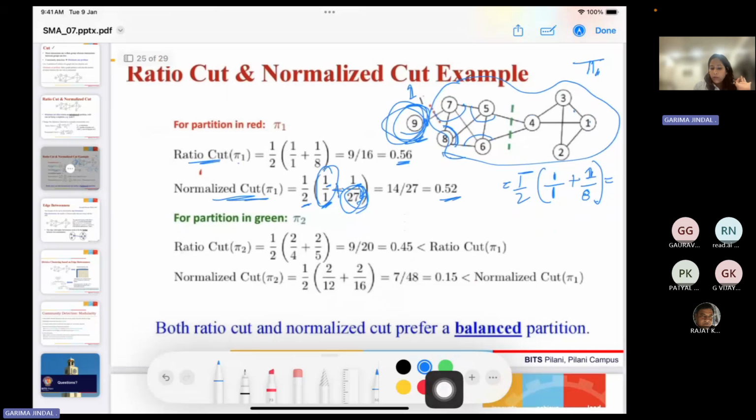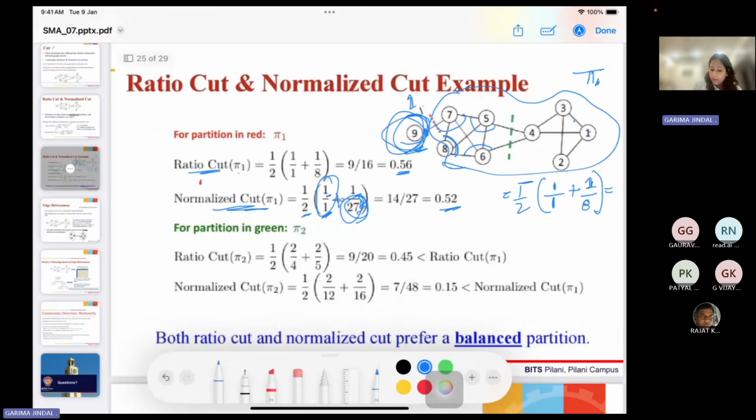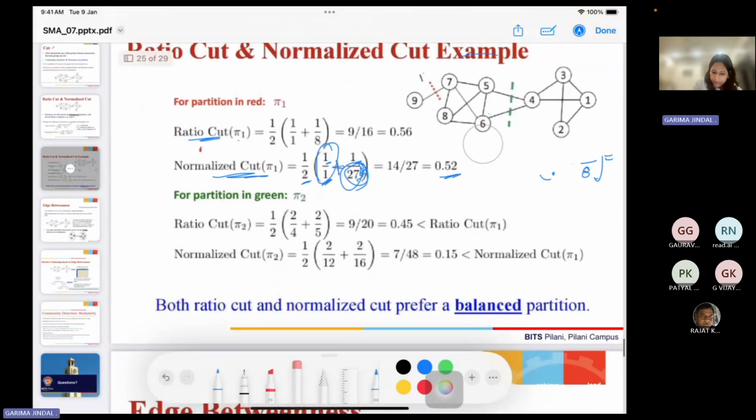So similarly, you can calculate the ratio cut and the normalized cut for the other partition. So what is the other partition? Up till now, is the calculation clear? Is it clear to everyone how we are calculating these two metrics, that is ratio cut and normalized cut? Yes. Okay, sure. So then we have another partition,